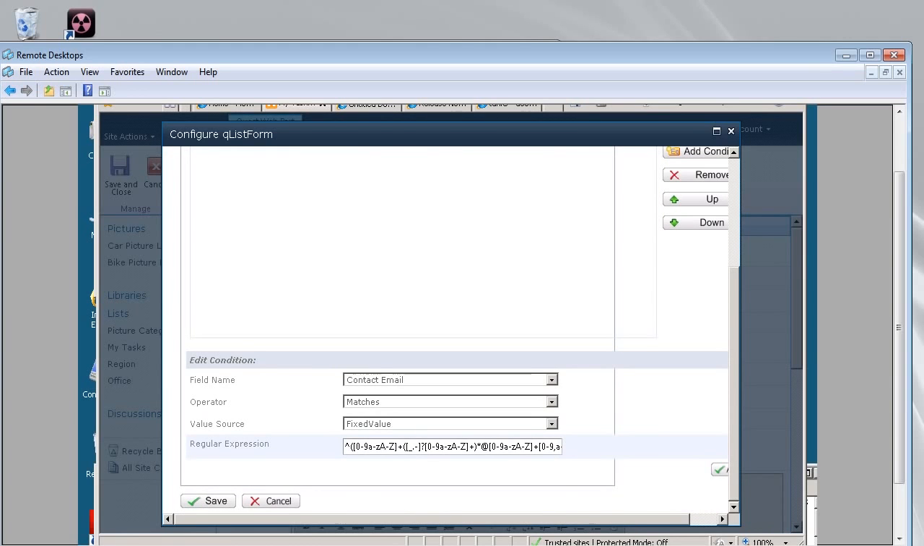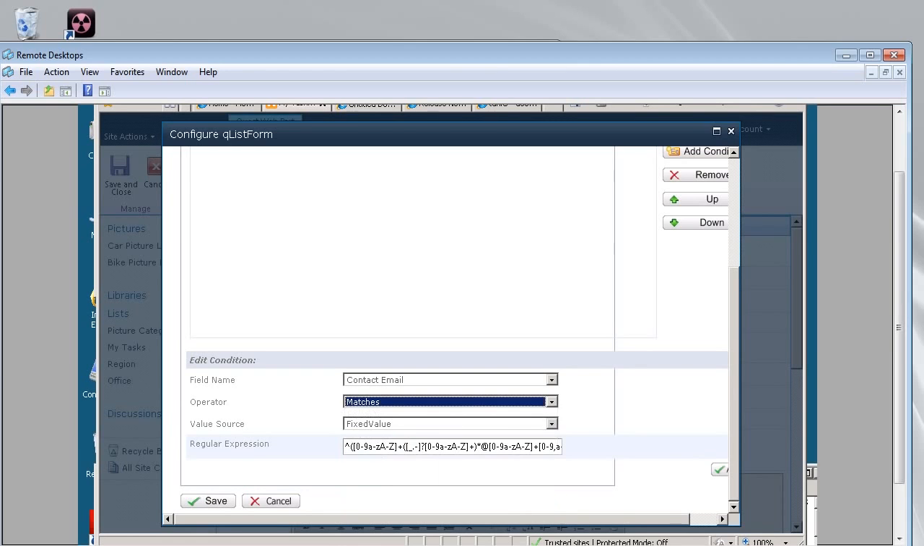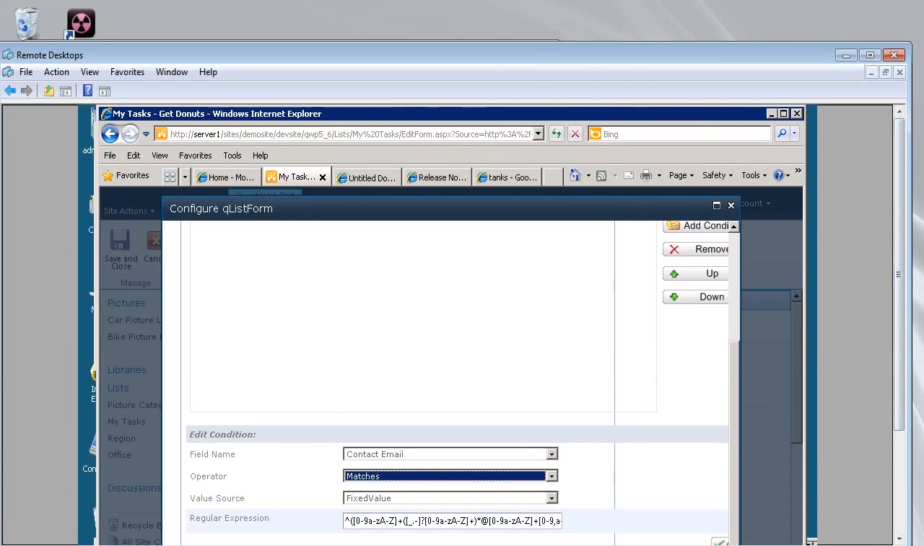So the way this reads is contact email. This is the new one that's been added, matches. That's dealing with the regular expression. When you click that, it's going to give you a chance to put in the regular expression. Now, regular expressions can be a little bit challenging. My recommendation is to